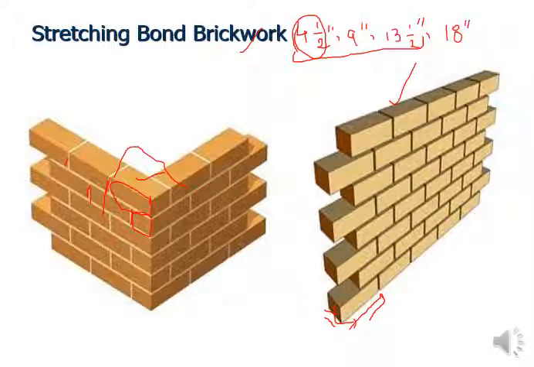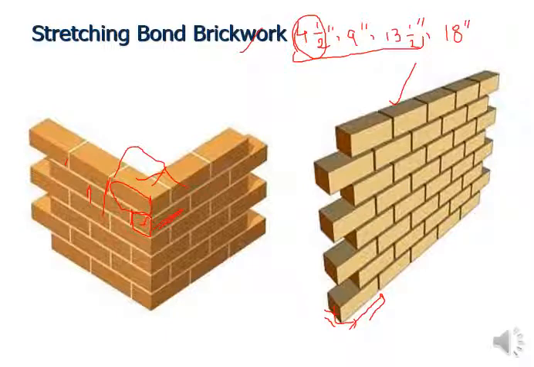Okay, so what you can do is place the whole brick in this particular corner by rotating its orientation, by placing the 9 inch dimension on the other side and 4.5 on this side. You are just changing the orientation of the brick. I think you can understand this well by seeing the first course above.